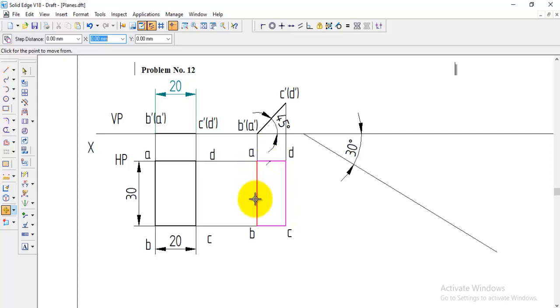So now either A or B, any one point should be placed here, because they given AB should be placed. So that's why I am going to the A and I am picking it. So it will be easy. So go to the A and you can pick it and place it on the 30 degree line. You can place it anywhere on this 30 degree line. Okay, now A is already on the 30 degree line. Now this B should come over here.